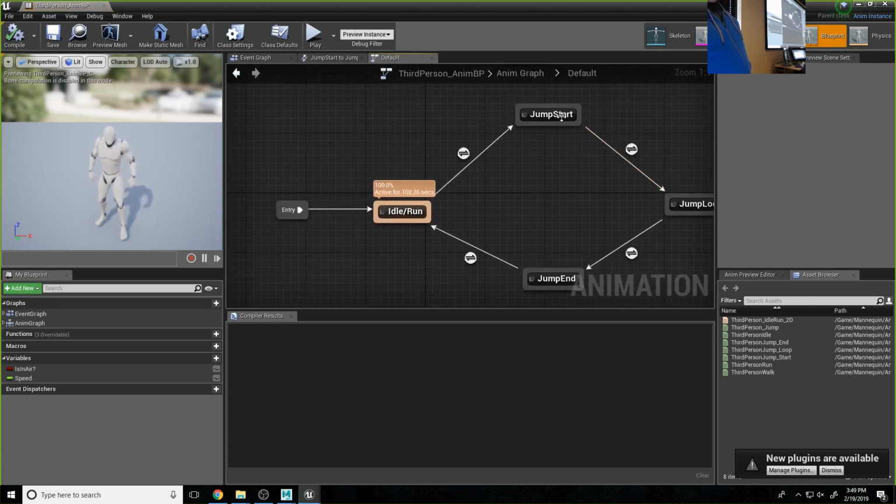But at some point, it needs to transition from the jump start to the jump loop or the jump idle, right? When it would do that is as it gets close to the end of the jump start animation. We only want it to play that once, and as it gets close to the end of it, it'll start playing the jump loop. And then as our character gets closer to the ground,